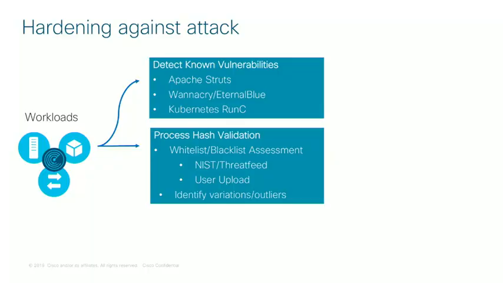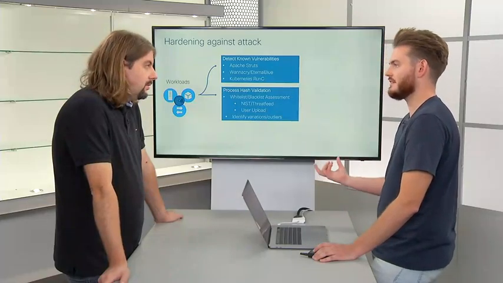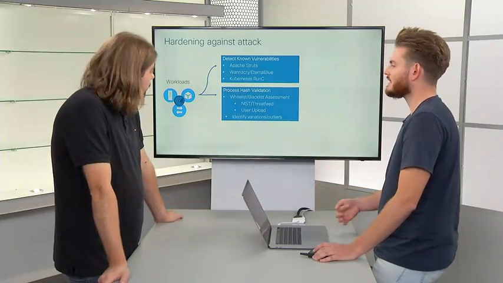Yes, exactly. Then we also take the hash of a process to be able to work out, well, are you just running a known piece of malware? It's very easy to take the hash of a process and look it up against a threat intelligence feed, and that's what Tetration does. It's certainly not guaranteed to provide complete security. It's not a silver bullet. It is definitely not going to find every bit of malware in your environment, but it's going to help you identify, are there some basic sanity things that I need to do? Is this a clear piece of malware that shouldn't be running on my network?